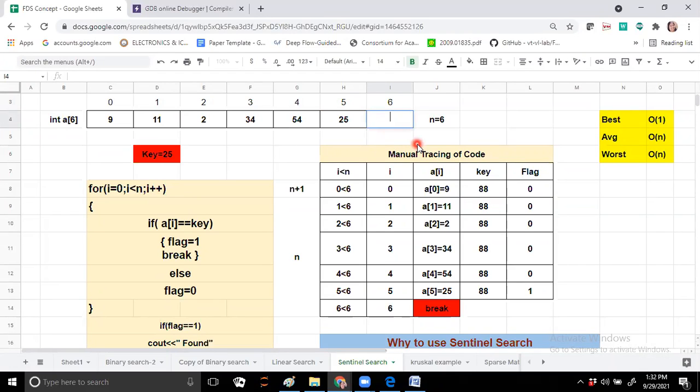So when we check for again n less than I less than 6 condition false हुआ है, but array of 6 में कुछ है क्या? नहीं. So here we can say array out of bound. Array out of bound. It means what? It means we have not given the fixed size for this element, for this position. So this is what the array out of bound.